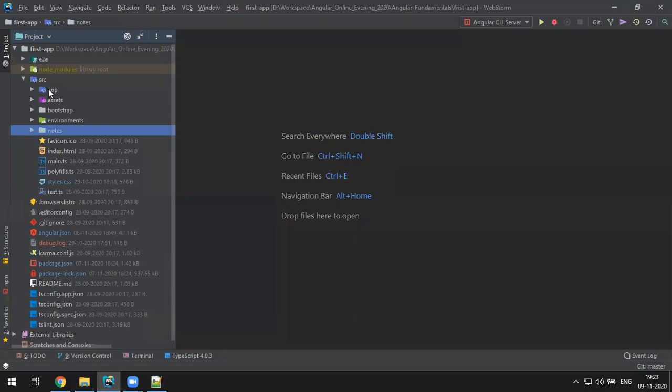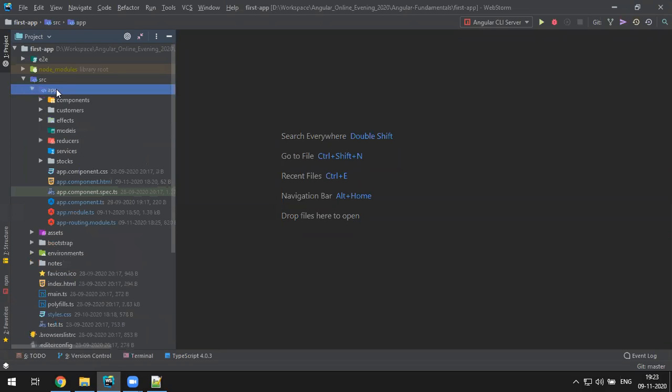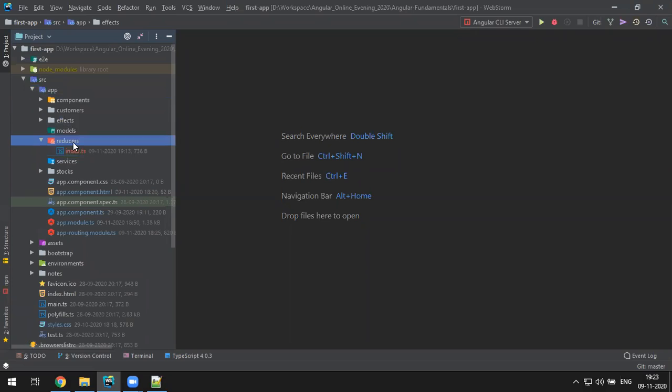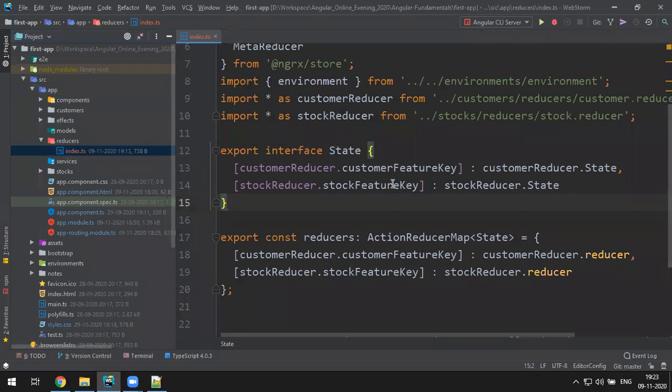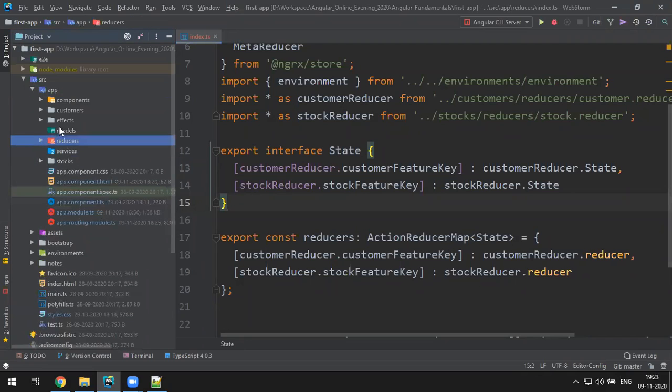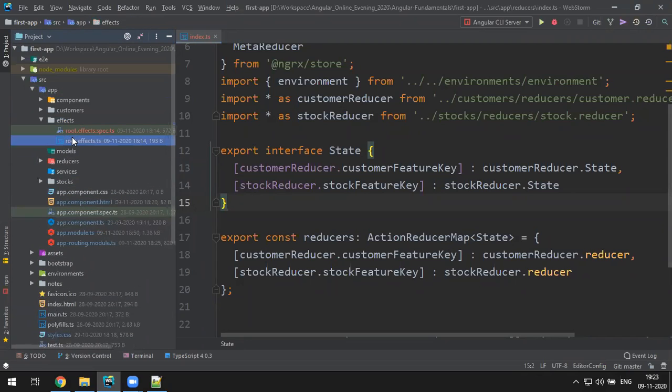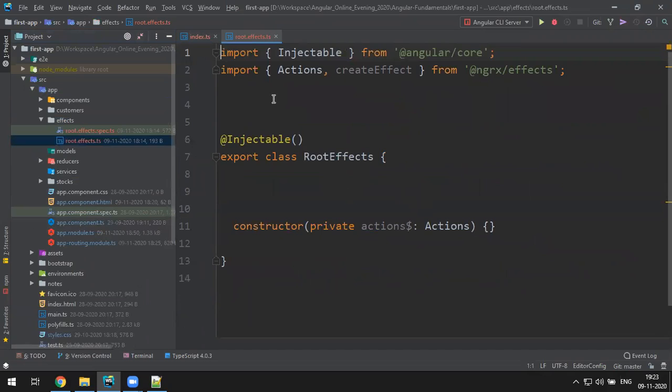Inside app, there are effects. This reducer is the root reducer. Then why is the effect there? We didn't do anything there, right? Yes, in this example we didn't do anything in the root effects, but